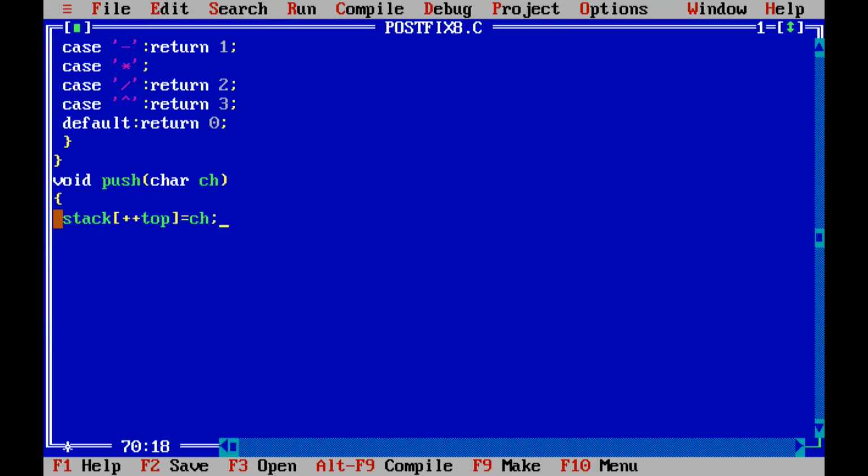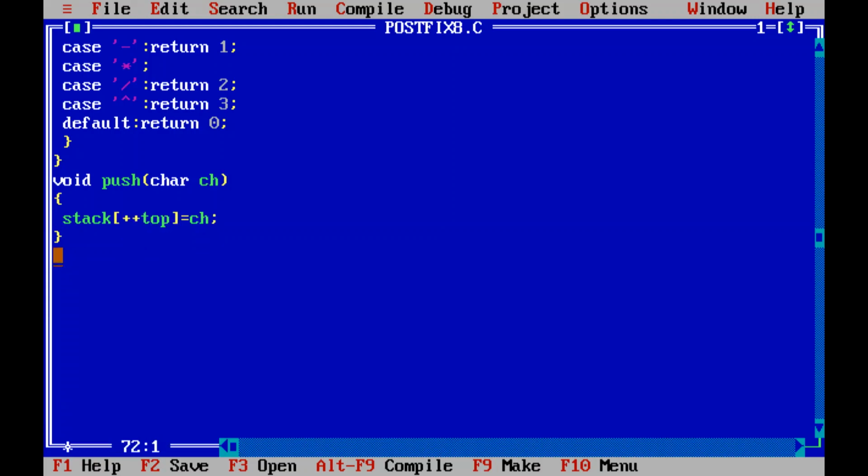We are copying, or pushing is nothing but copying this value into the stack, right? So this is the only thing which we have to do. Whatever character we are passing, whatever left parenthesis or operators, we will be incrementing the top variable, which is the index number, and then passing the variable called ch, right?